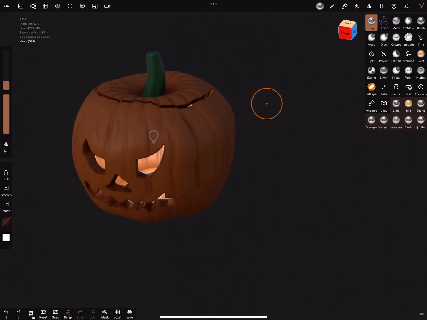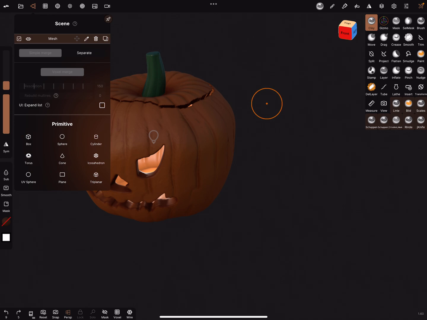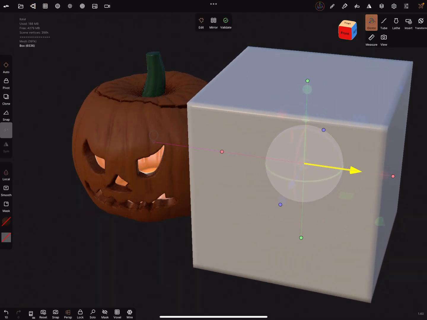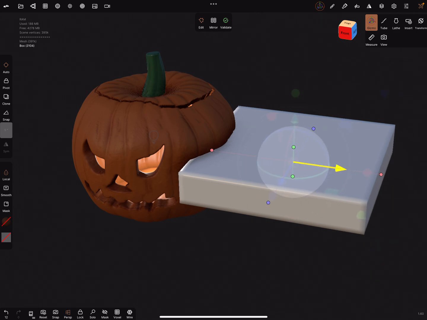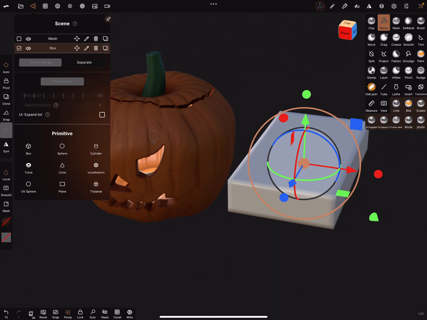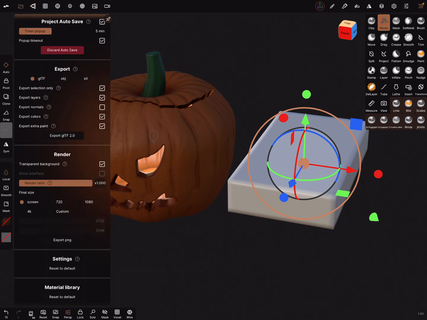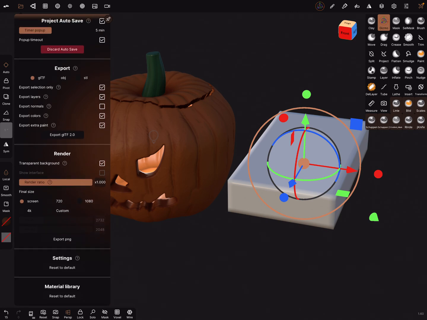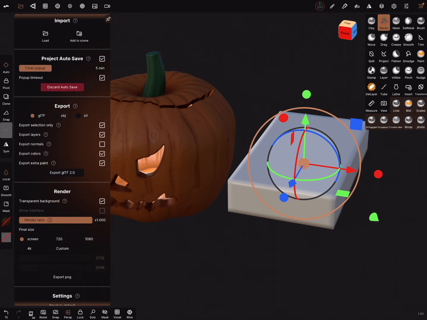For example, I'm adding a box, and here you can select all the objects in the scene, and now the box is only selected, active, and here you can go in the project menu and export it, and there's the first point, export selection only.